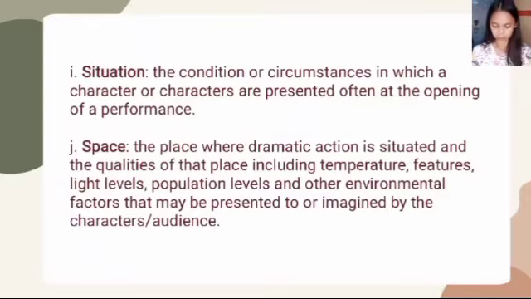So the next one is space. Space is the place where dramatic action is situated, and the qualities of that place, including temperature, features, light levels, population levels, and other environmental factors that may be presented to or imagined by the characters or audience. So, space is one of the critical elements of drama, and it refers to the effective